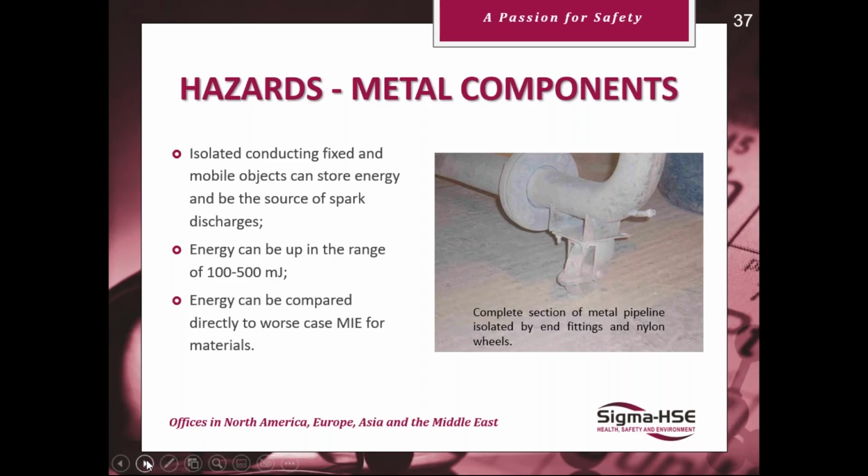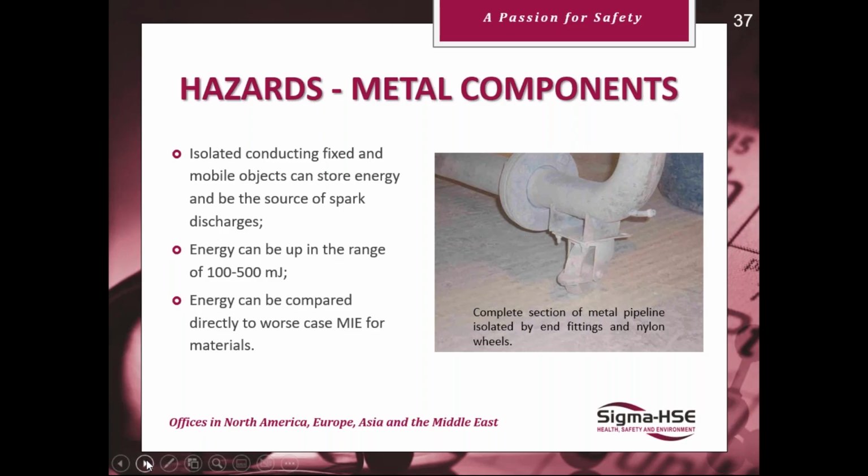If you measure a length of pipeline, measure from one end to the other and make sure that you have continuity to earth. If you detect something wrong, then measure it in stages, between flanges. If you find an isolated conductor, then you need to bond it and have jumper leads, probably onto the other plant. Energy can be in the range of 100 to 500 millijoules,